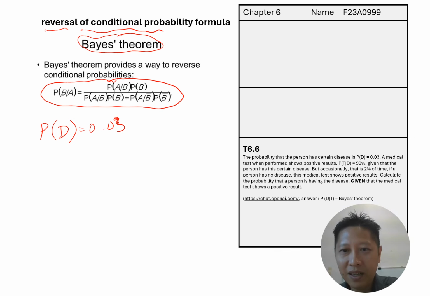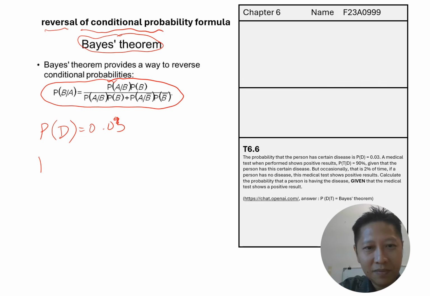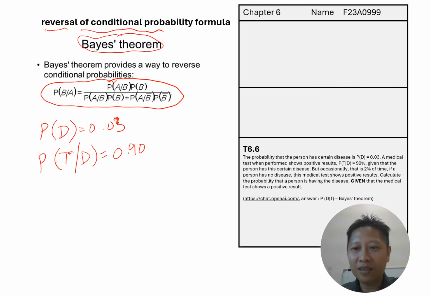And then a medical test, once performed on this person, normally going to show a positive result. So when this patient goes to do the testing, 90% of the time, it's going to show that